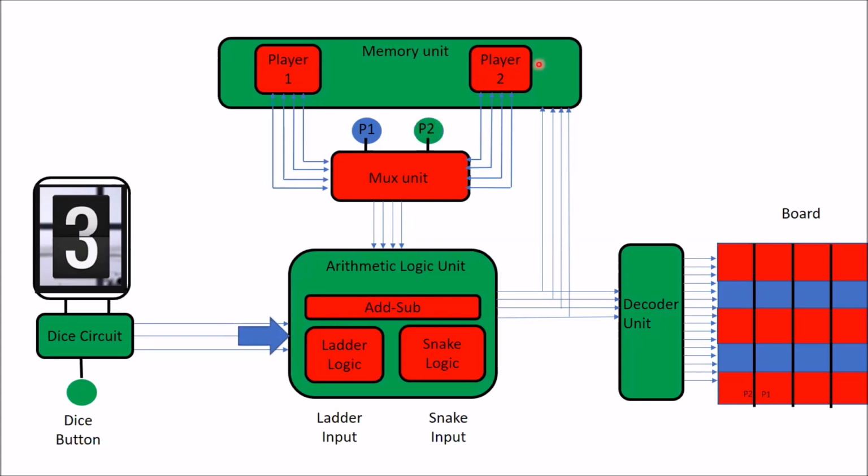So once you press this thing, this memory is activated, the mask unit is activated. Whatever the data in the memory, that is 0000, will be passed via the mask unit to your arithmetic logic unit. So you pass it here. Now once you have passed, these two inputs are there. Once the inputs are present, now you have to actuate your add sub unit, right? So actuate this thing. Once you activate it, now they will be simply added. It will generate an output, and again it will pass that to the memory unit.